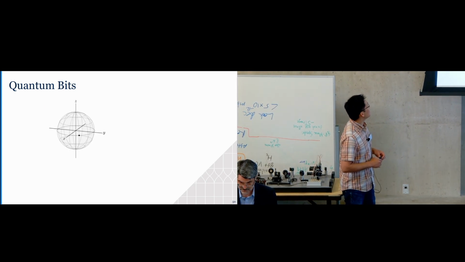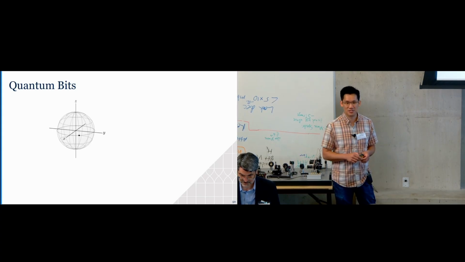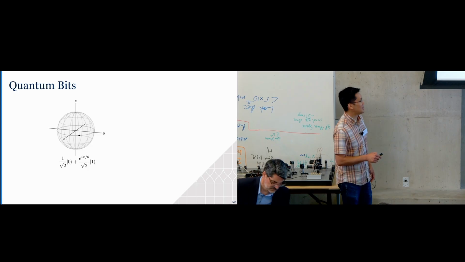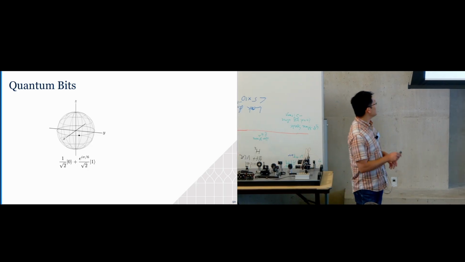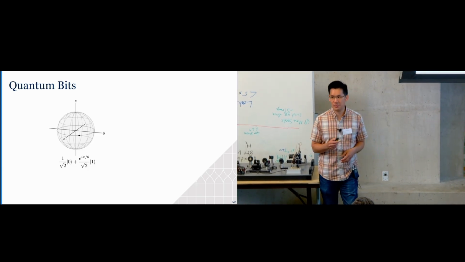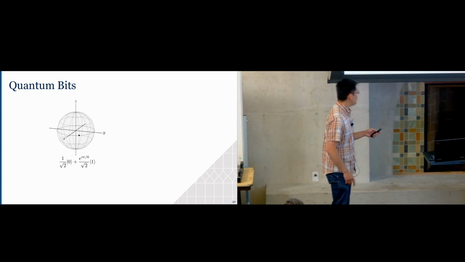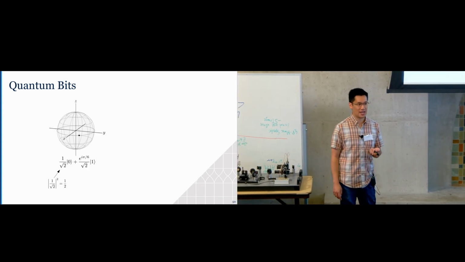Okay, let's look at some more examples. So here's another qubit where the state is here on the equator. So we've shifted over from the x-axis by 30 degrees, by pi over 6 radians. So this state is actually written like this. So it's 1 over root 2 times 0 plus e to the i pi over 6, so that's my 30 degrees, or pi over 6 radians, over the square root of 2. And this is on the equator. So again, if we measure this, it should be a 50-50 chance of getting 0 or 1, the north pole or the south pole. And if you take the norm square of those amplitudes, again, you get a half and